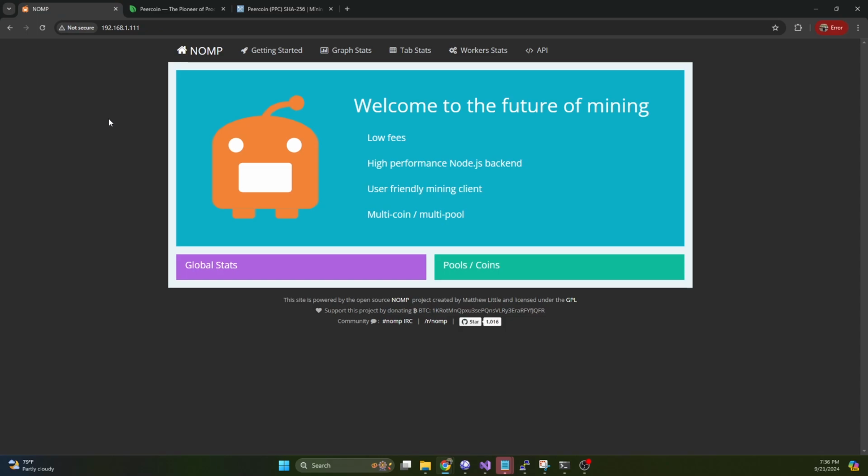And the steps are going to be really straightforward. We are going to use Docker. We're going to load the Docker image I've already created for peercoin, get the blockchain up and running, get it synced, and then we're going to configure the mining pool to connect to it. And then we will be able to connect our miner to the mining pool, the pool will connect to the node, and we will be solo mining. It may sound complicated, but it actually is really simple to get this up and running with only a couple